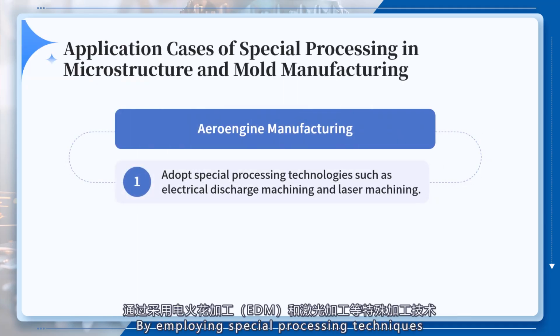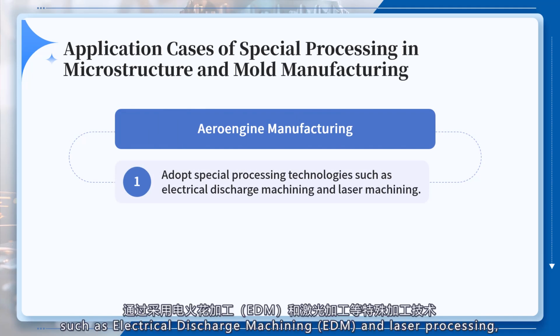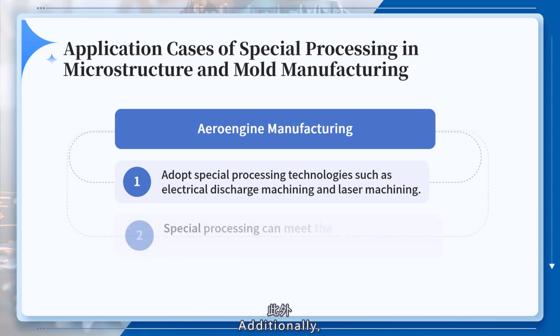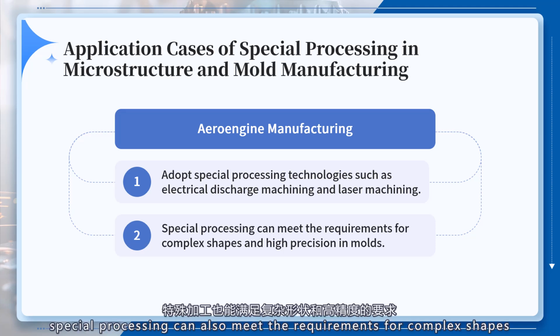By employing special processing techniques such as electrical discharge machining, EDM, and laser processing, these small cooling channels can be precisely machined. Additionally, when manufacturing molds for turbine blades, special processing can also meet the requirements for complex shapes and